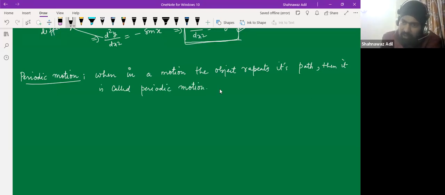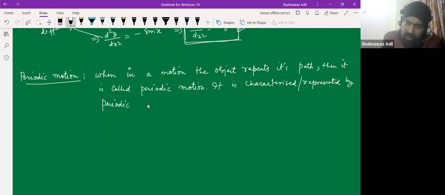And it is characterized or represented by a periodic function that we have understood, right? Periodic function,